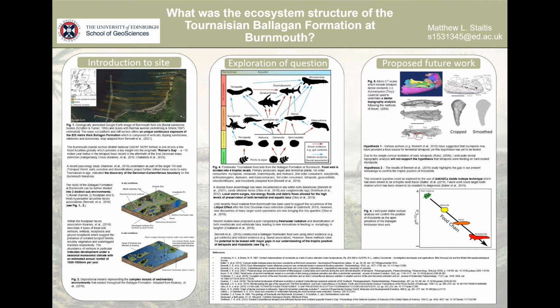filling these research gaps. The first hypothesis would be that the Burnmouth fossils include lots of micro CT scans of these early tetrapods. Various authors have suggested that the tetrapods, as we've discussed already, would have been living on the land and predating on millipedes, for example. But this hypothesis has never been tested, it's just been assumed. So what potentially we could do with the micro CT scans is